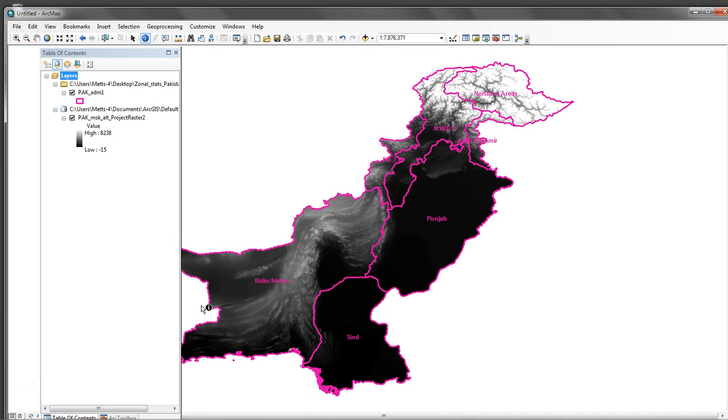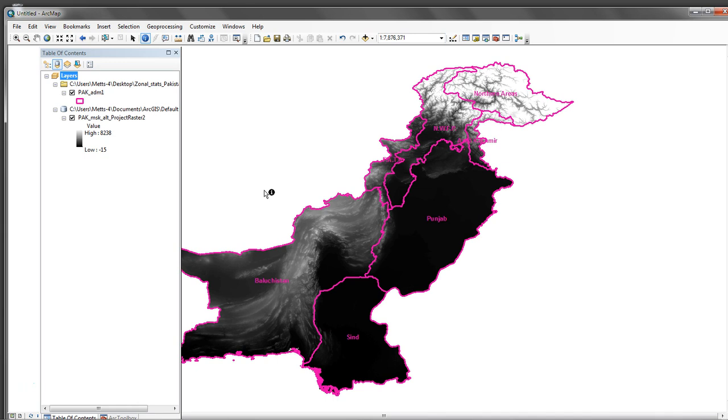This video tutorial features working with zonal statistics within ArcGIS, and oftentimes we'll want to summarize raster values in terms of either an analysis mask in raster format or a feature class, a shapefile, oftentimes a polygon shapefile. And what we'll want to do is summarize per something in our second mask layer. Okay, so to get started, we're going to be using Pakistan digital elevation, and we're using an administrative polygon as